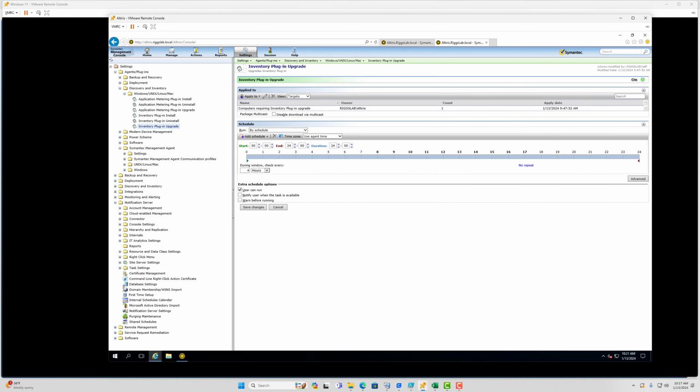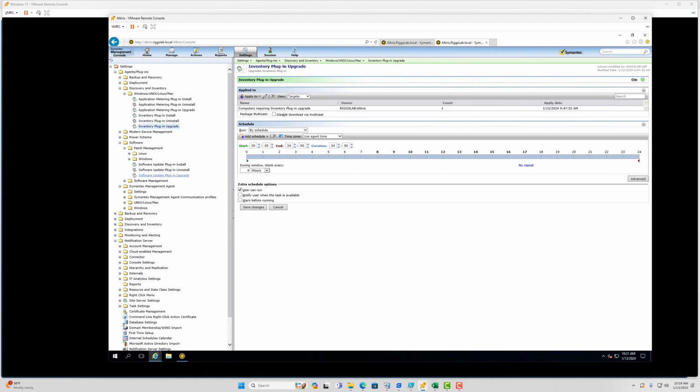There we go. Hey, something actually worked right. And it's our DC. Look at that. Yay. So we'll have that on everything. Not application metering, not power schemes. Power schemes said it was current. We should have patch 1,